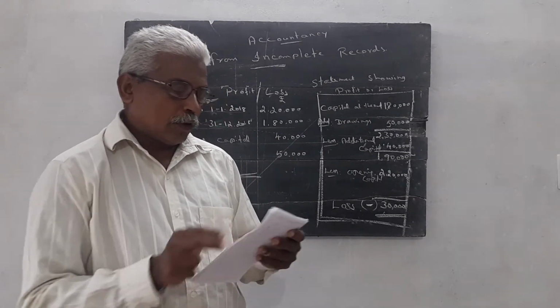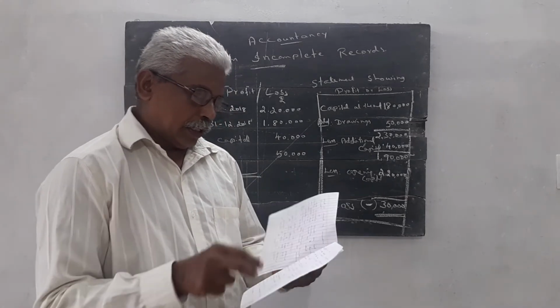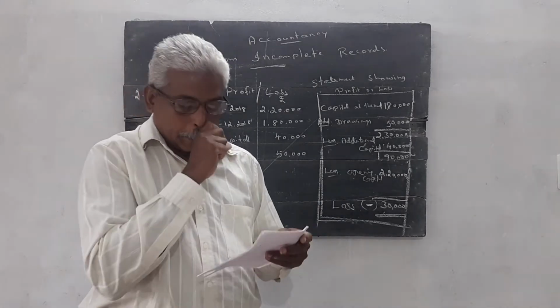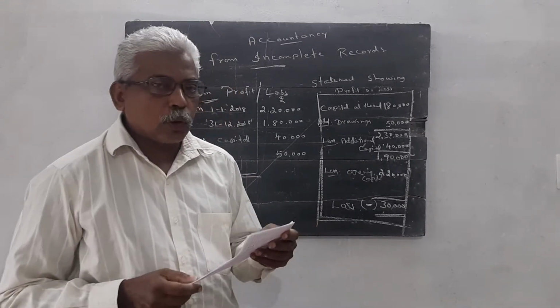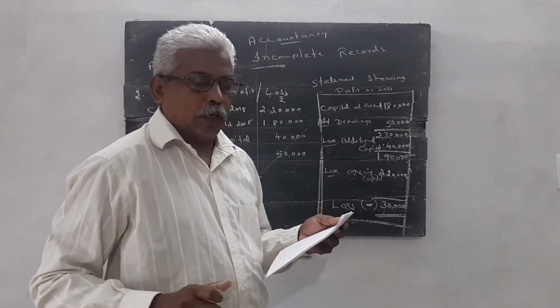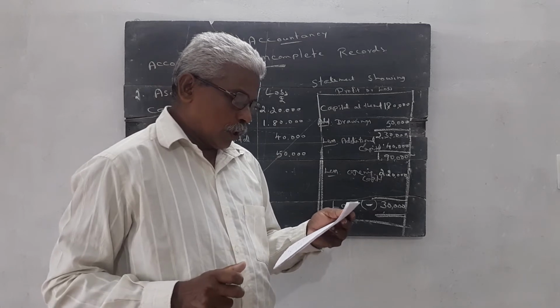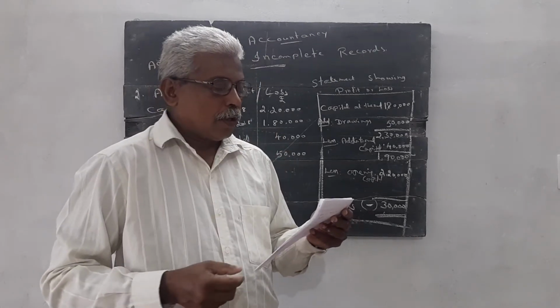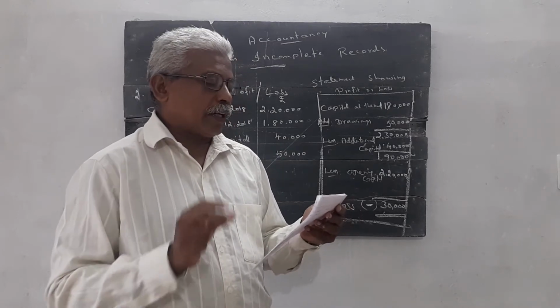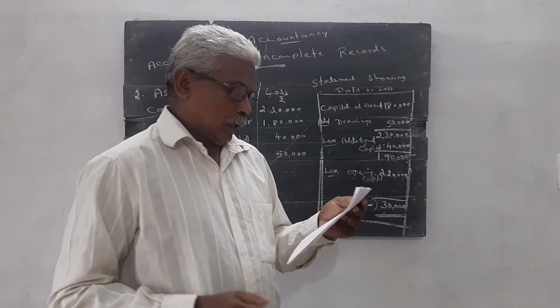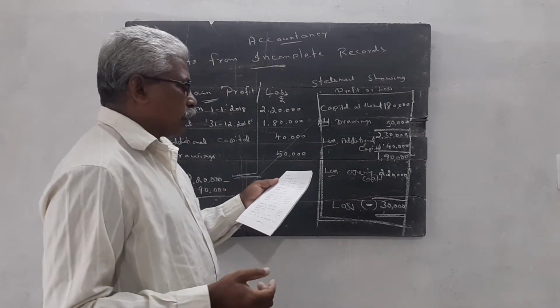Then I want to give the third question. Right? Every question is given in the back side of the chapter. In our textbook, 20 questions are given. Try to solve all the questions one by one. Try to write the answers in a separate notebook, not a paper. Try to write all the questions in a separate notebook. Then only we can easily study this portion.